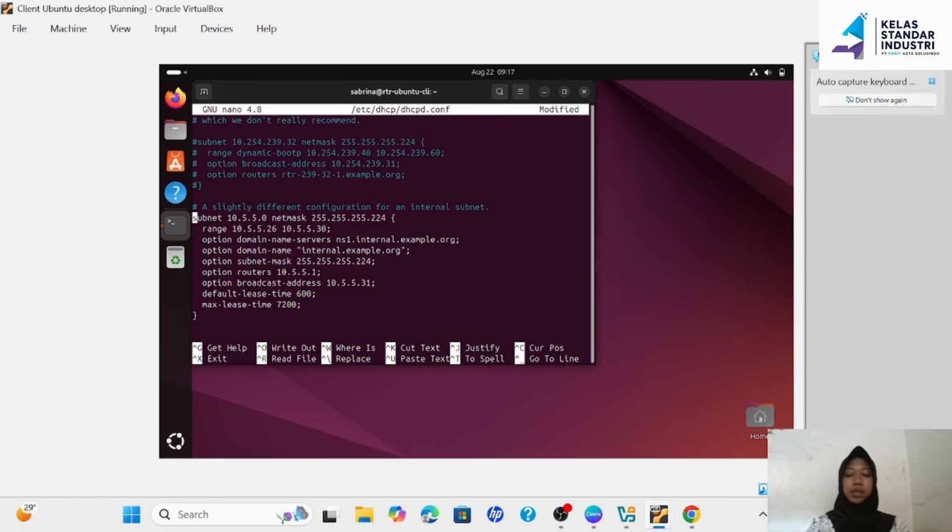Then we change the subnet section to 172.16.1.0.